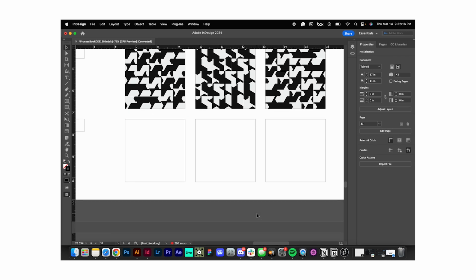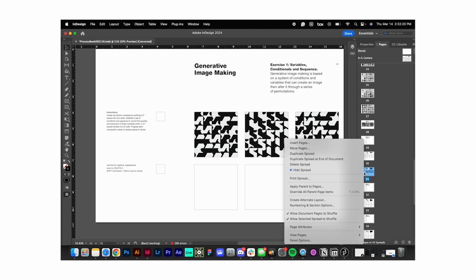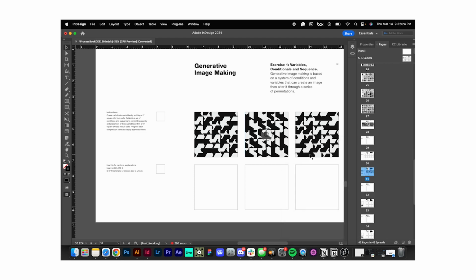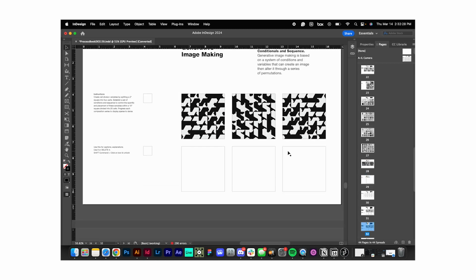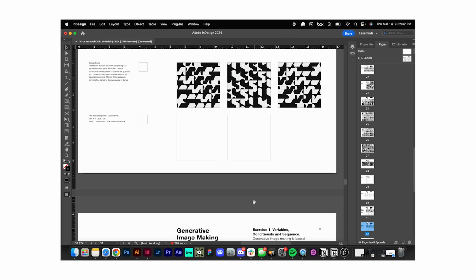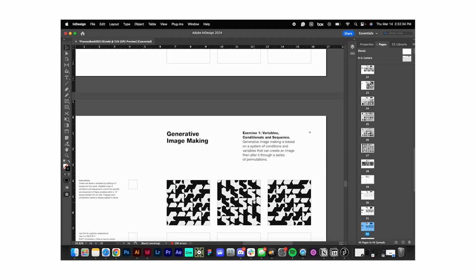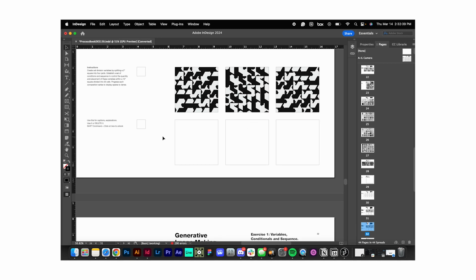6 boxes here. So what we'll want to do is come into our pages, right-click on this page, and just duplicate this spread. When we duplicate it, we'll get another 6 boxes. We could just replace these images. So it'll give us 12. So we'll need to duplicate it one more time just to get all of our divisions